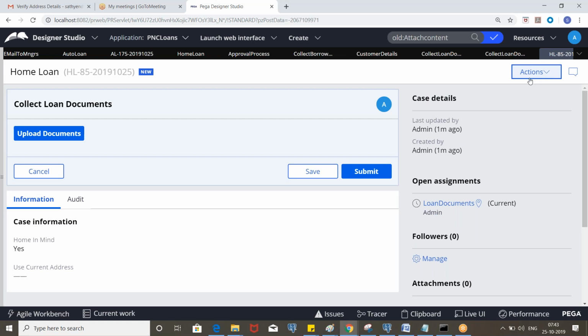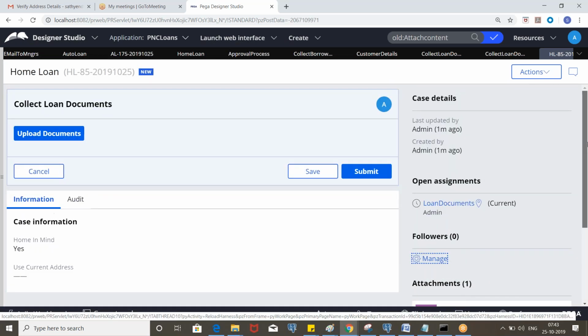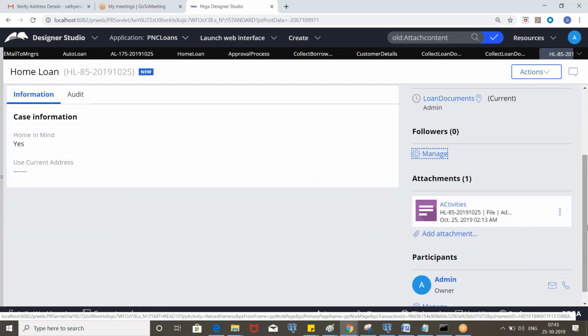Let me refresh. Satya asks, in which table are these documents stored? Okay. Yeah, so these will be stored in separate tables. We have a PC link attachment class. Link attachment is the class, and PC underscore link attachment will be the table.